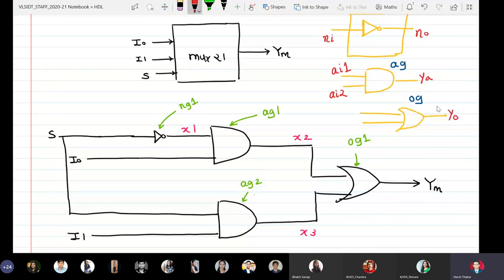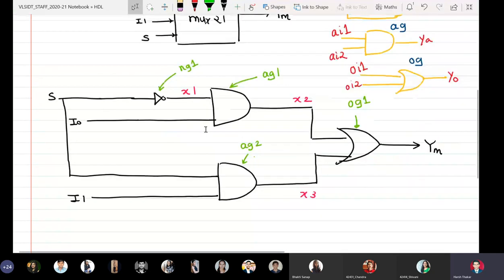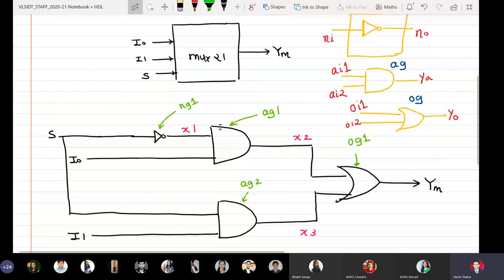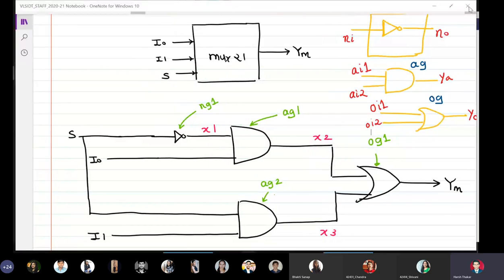Similarly, YO is the output of OR gate, and we can say here the names as OR gate OI1 and OI2. So OI1 and OI2 are the inputs of OR gate, and YO is the output of OR gate. Okay, so we will use this, and we'll directly write the code. Okay, and nothing else is remaining. Okay, fine.